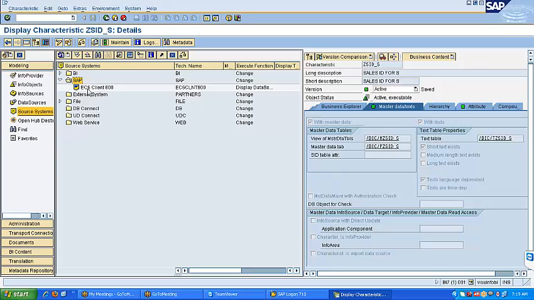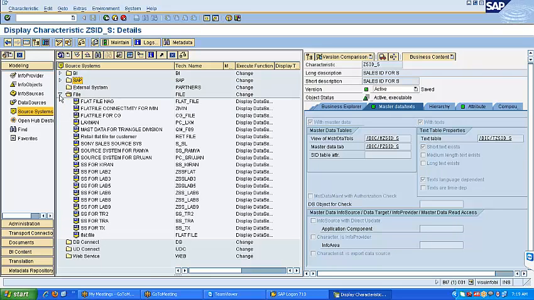But now I don't have any master data. First, I want to show how to load the data from a flat file, means it is from Excel. To load the data from Excel, this is a file. Are you able to see this file? From file, we can load the data. Okay. After that,